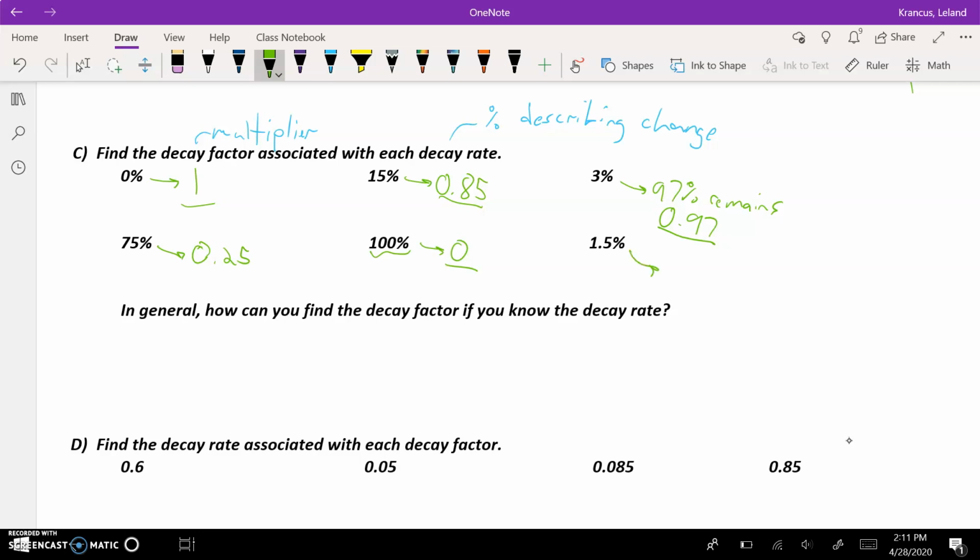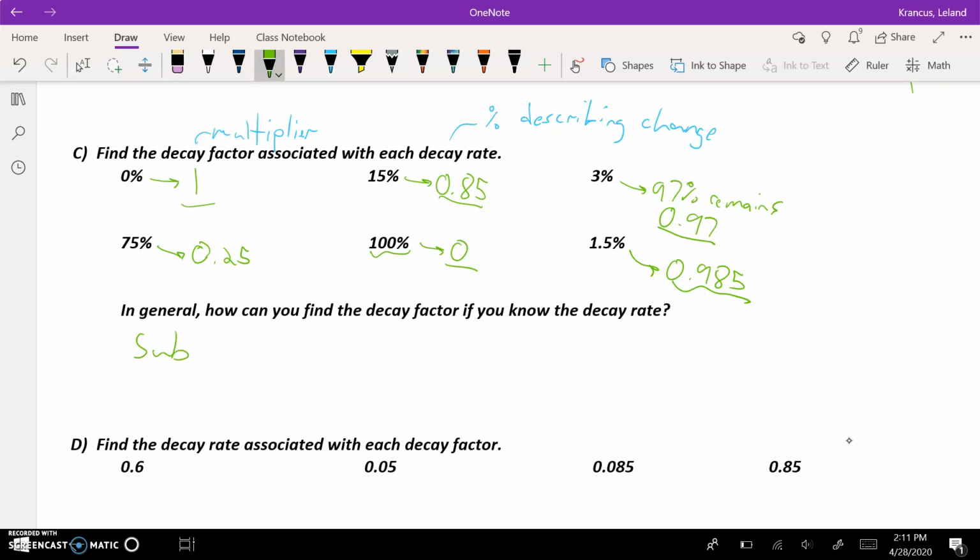And finally on this one, 1.5%, if, again, using $100 as an example, your $100 goes down by 1.5%, that's $1.50, you now have $98.50 left. To turn 100 into $98.50, you'd multiply it by 0.985. So to formalize the algorithm that I'm using here, what I'm really doing is I am subtracting